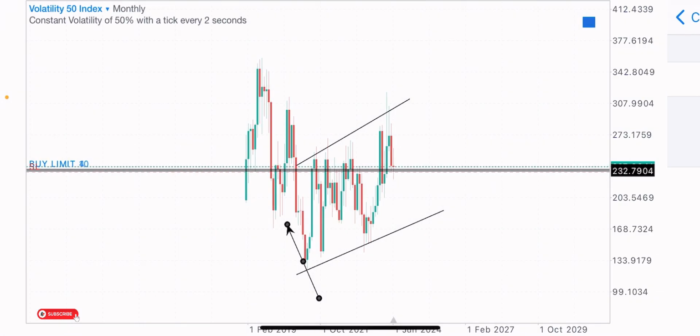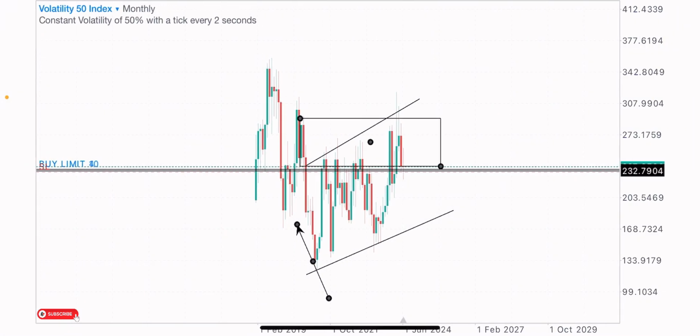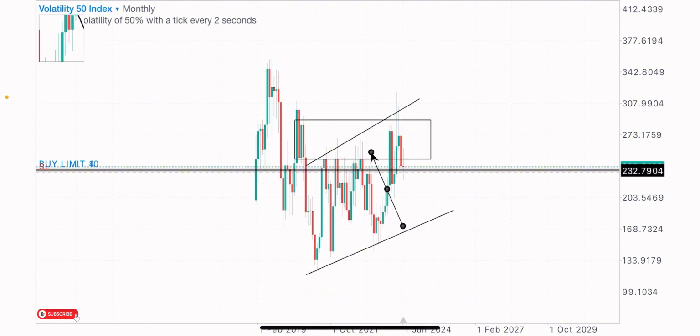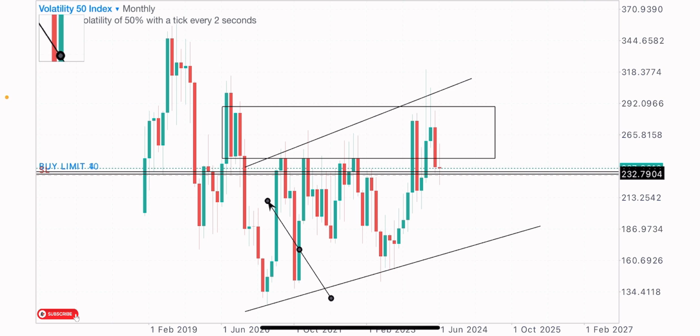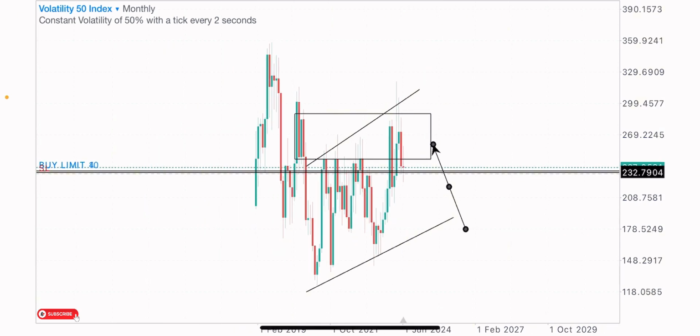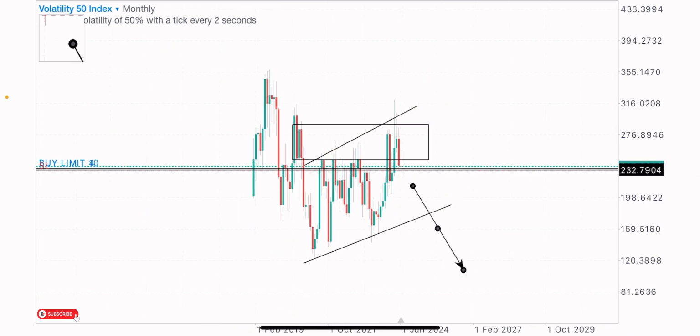And we had an order block formation here on the monthly time frame, which the market has been respecting. But I think at this point, price may not respect this level this time around, because we've seen the market respect this level a couple of times. Price first pushed up to this zone, sold from it as an order block formation, came back to it, sold, came back here, sold. So the last two reactions here have been inside of this zone, signifying that this level is getting faded out. So this level may not be respected in the coming weeks and months, but we could as well see this index sell to the downside.